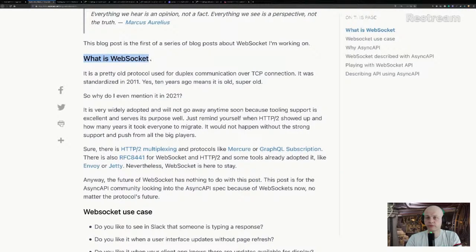let me tell first the story maybe of WebSocket. It's a pretty old protocol, from my perspective at least, as it was introduced in 2011. I mean standardized. 2011, it's 10 years ago, quite a lot. The first time I learned about it was 7 years ago, when I was working at SAP, and we were doing a